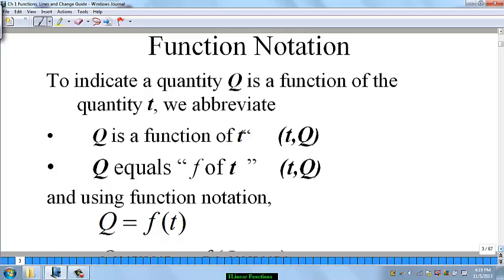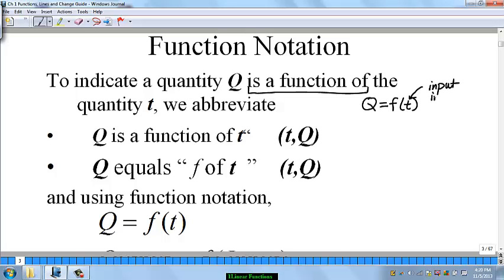First of all, you need to look for the words "is a function of," because that will help you. Those words right there will tell you. So if I said Q is a function of the quantity T, we can actually write a math sentence. Q equals f of T. That is not F times T, it's a function of T. And because this is our input,